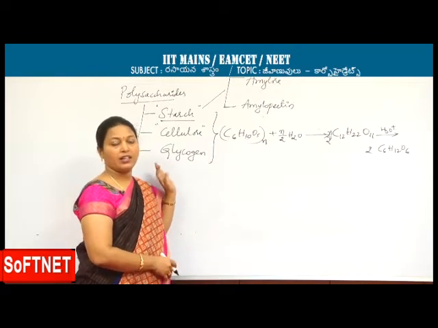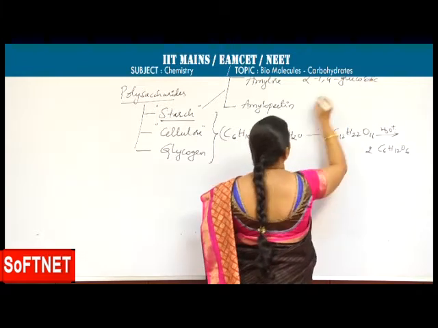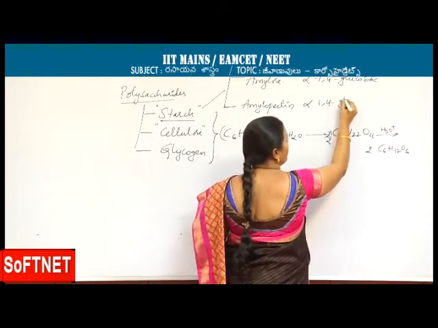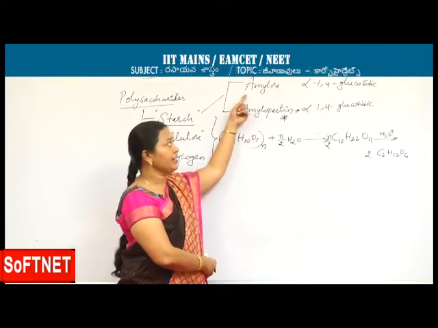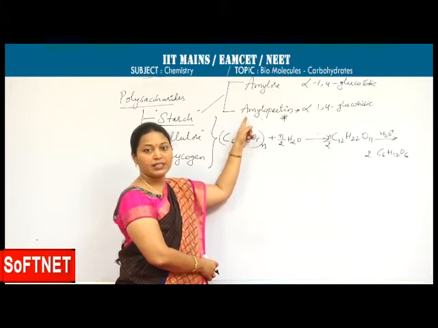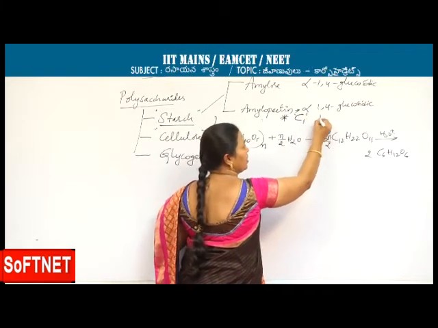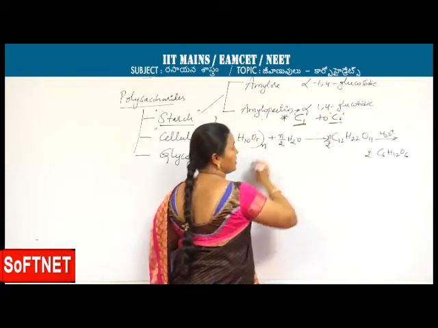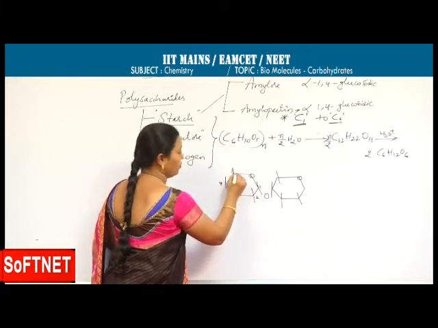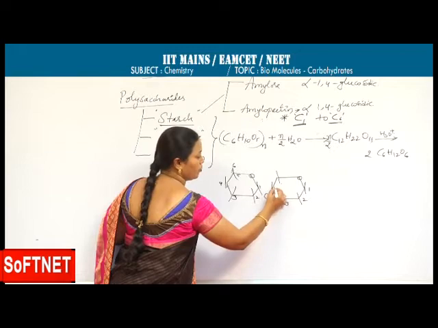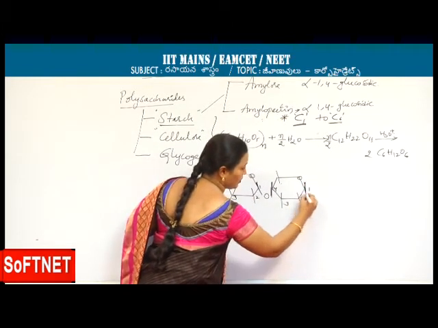Alpha D glucose units are linked through alpha 1,4 glycosidic linkages. In amylopectin also, alpha 1,4 glucosidic linkages are present. Along with this, one more important point: amylose is a linear form, amylopectin is a branched form. The branch is formed in between the two linear structures, C1 of one branch to the C6 of another branch, C1 to the C6. I will show. Actually, as I said, it's 1, 2, 3, 4, 5, 6. Here 1, 2, 3, 4. 1,4 linkages are present in amylose, whereas in amylopectin the branch starts